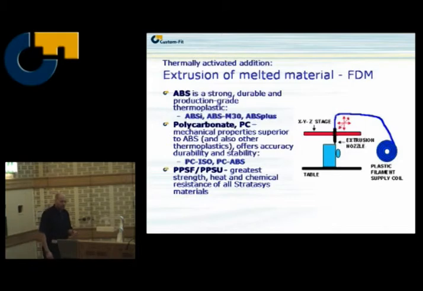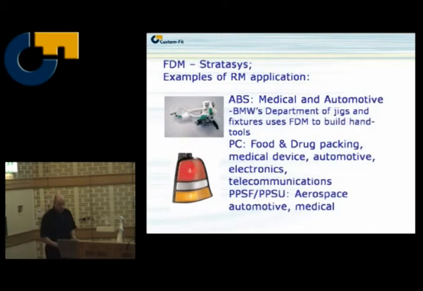And then there's PPSF and PPSU that's also in the market. ABS used for medical and automotive. EMV, for example, the department of jigs and fixtures are making this to make hand tools, for example. Jigs and fixtures for assembly on the car, so they are used. It's very good for them because they actually can print out a jig and fixture on location and use it